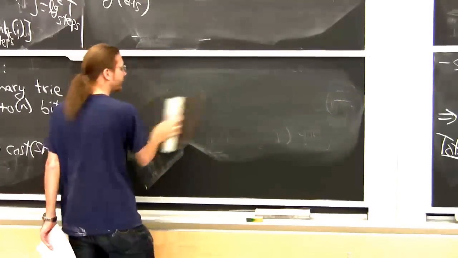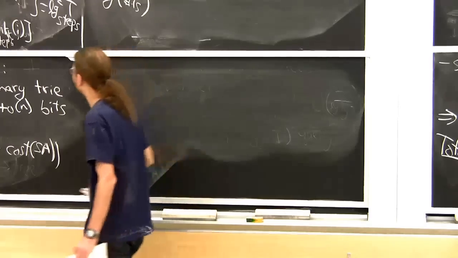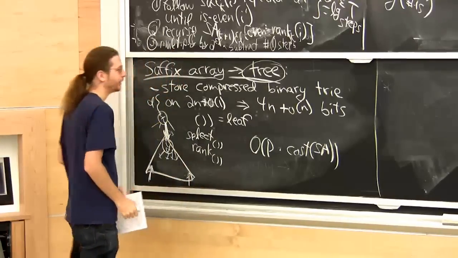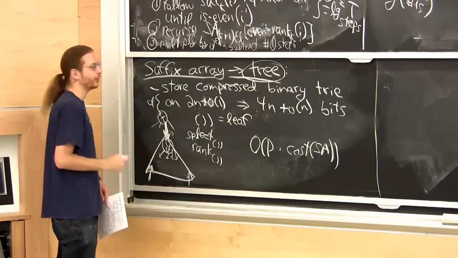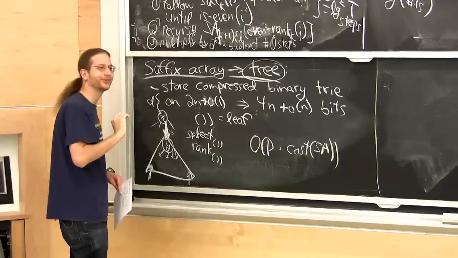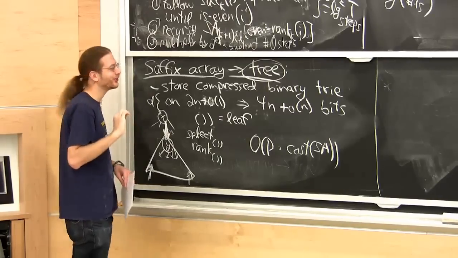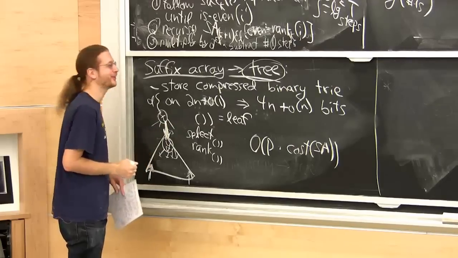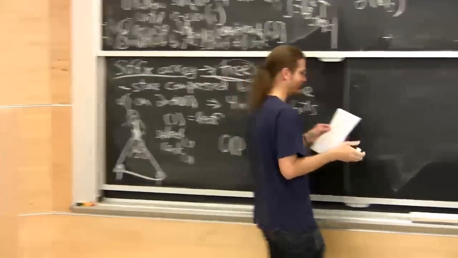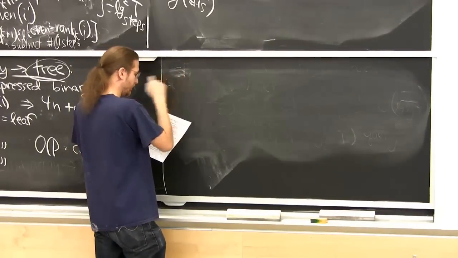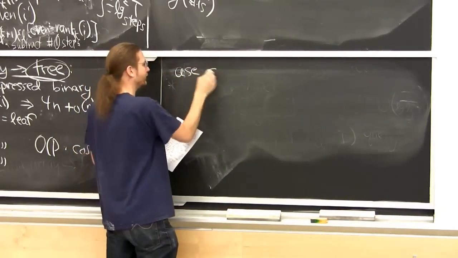I'm not going to touch the suffix array. Suffix array, to make that succinct, is harder. But if I just want to make the suffix tree part succinct, I can use this same idea, but I can't afford to store the whole trie. So I'm just going to use a little bit of indirection. You can use as little as you want. This is the log, log, log, log, log, log, log n factor. So just store, use the suffix tree